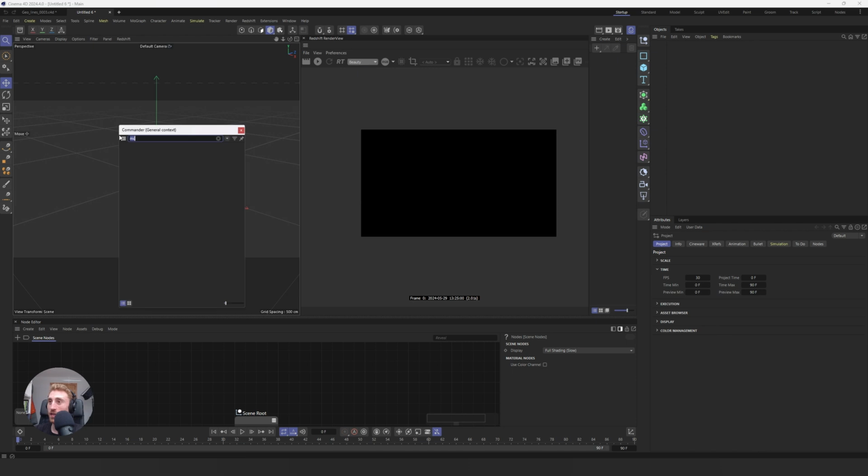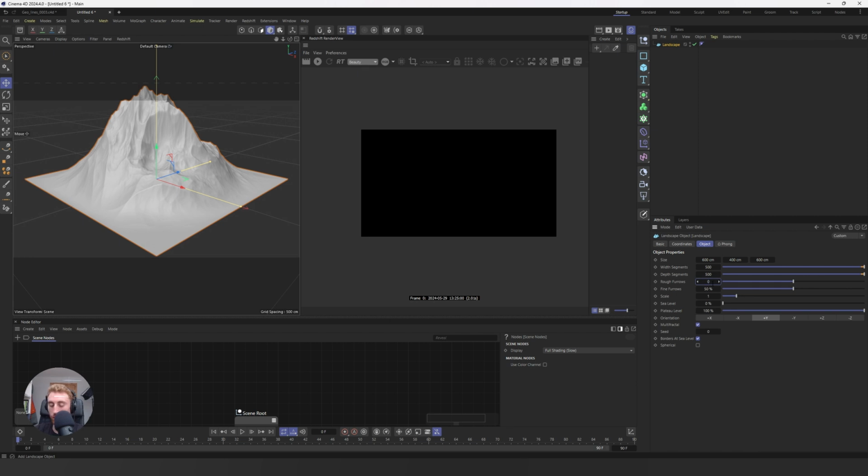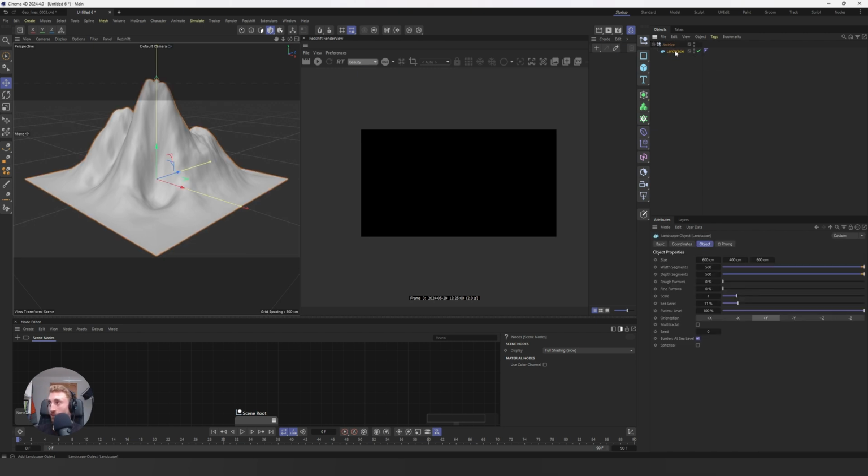Press Shift C and type in landscape. Change your Y size to 400, width segments to 500, depth segments to 500, rough furrows to 0, and the fine furrows to 0. Make sure you turn off multifractional and maybe put the sea level to 10, 11. And create a null, call this archive or backup, stick your landscape object into this and duplicate this landscape object